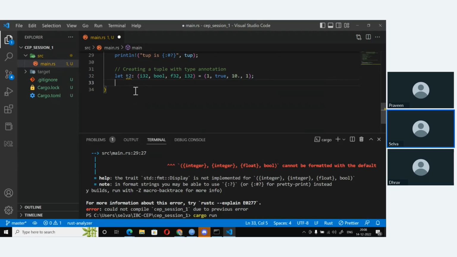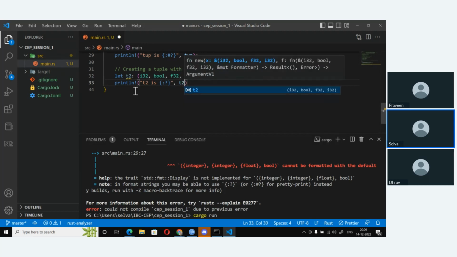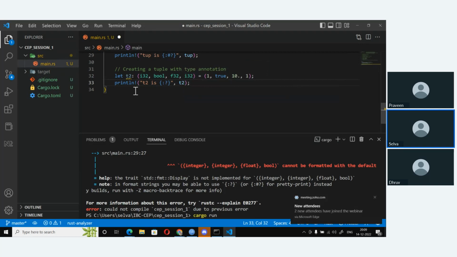So if I put this like this, okay, println T2 is, and I put colon question mark. Okay. Then T2. I save this, the error will be gone.